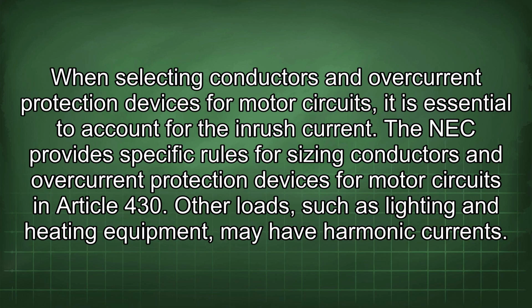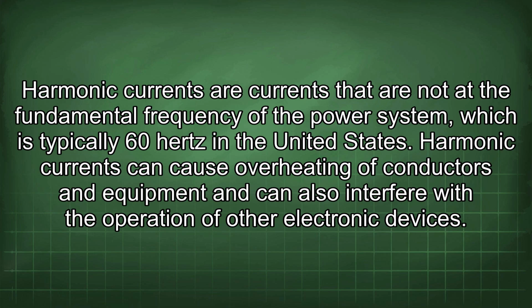The NEC provides specific rules for sizing conductors and overcurrent protection devices for motor circuits in Article 430. Other loads, such as lighting and heating equipment, may have harmonic currents. Harmonic currents are currents that are not at the fundamental frequency of the power system, which is typically 60 Hz